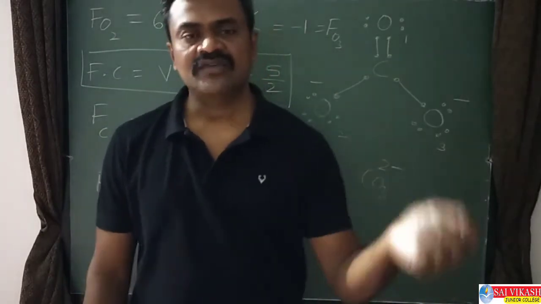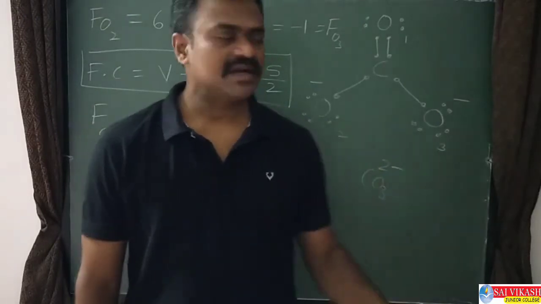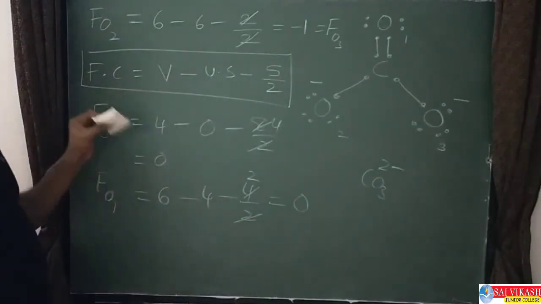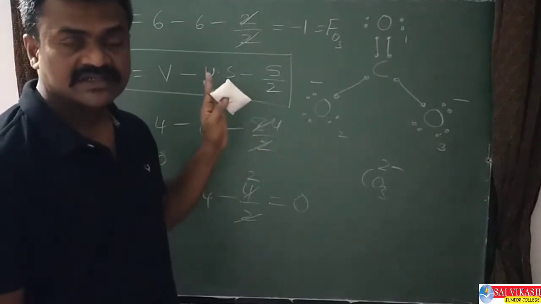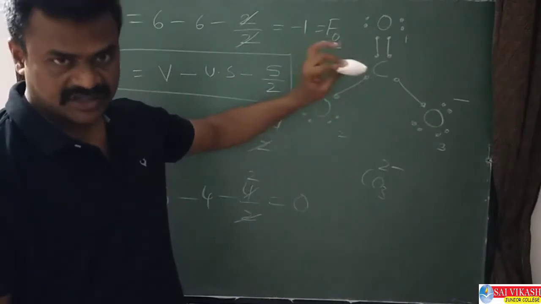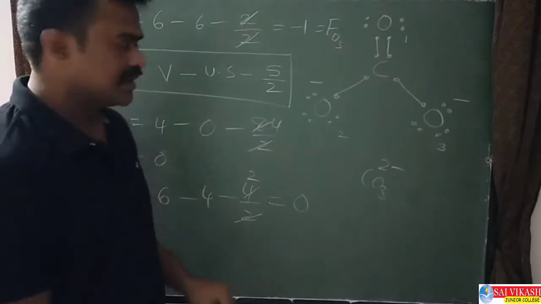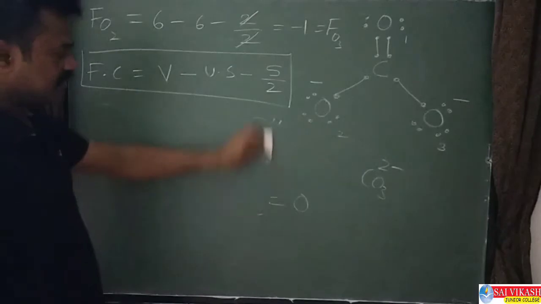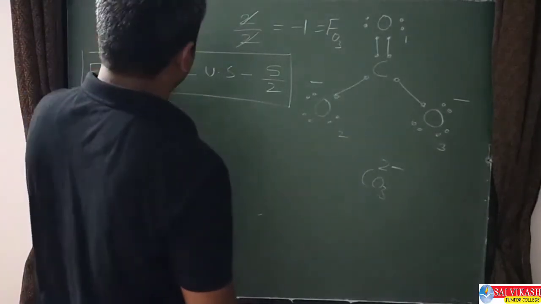The sum of all the formal charges of all atoms present in a molecular ion is nothing but the charge on the ion. Like that, we can explain the concept of formal charges. So the formal charge completely depends on Lewis dot structures. In this dot structure, only the number of unshared and shared electrons we can find out. And one more example I will tell you in formal charge, and this is very important.